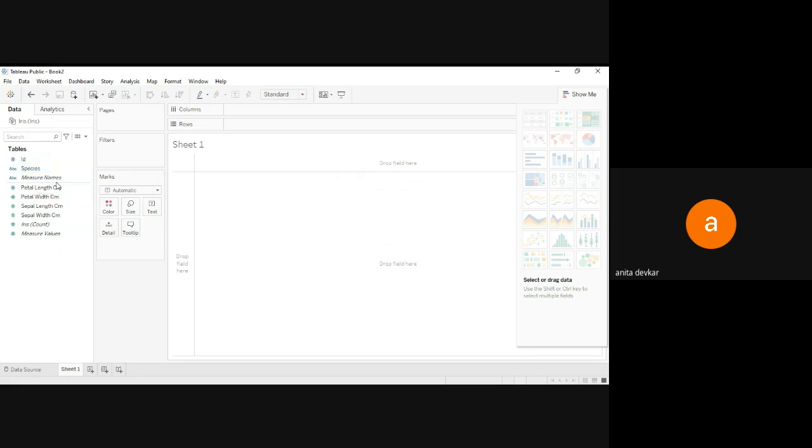You can see Tableau automatically recognizes which are the dimensions and which are the measures. The measures are the continuous variables, and the dimensions are the discrete variables, such as text and date variables.